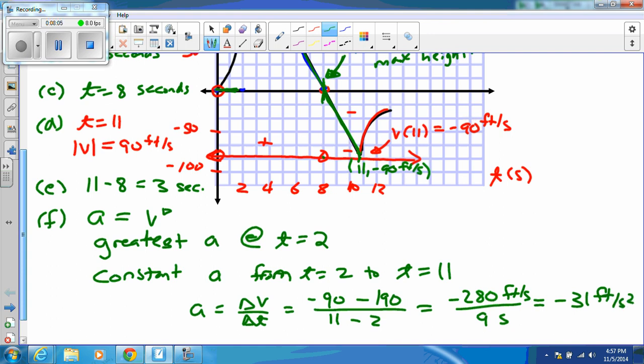When you actually do the math, this comes out to negative 31 feet per second squared. And that compares very favorably to the official value of the acceleration of gravity, which would be negative 32 feet per second squared. None of this computation was required by the problem. We just did it because